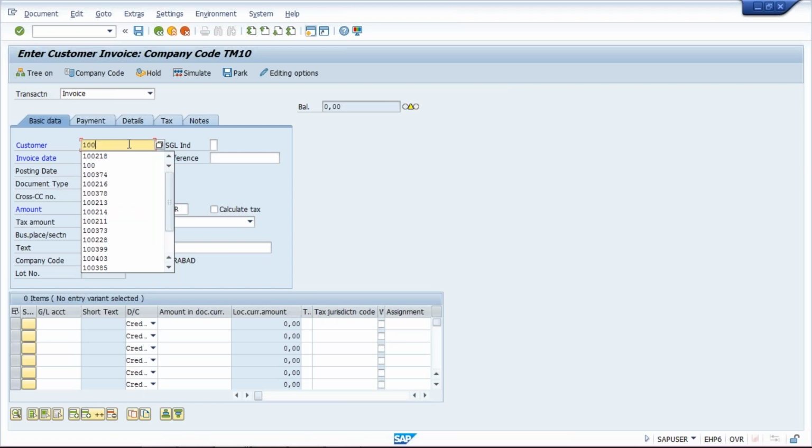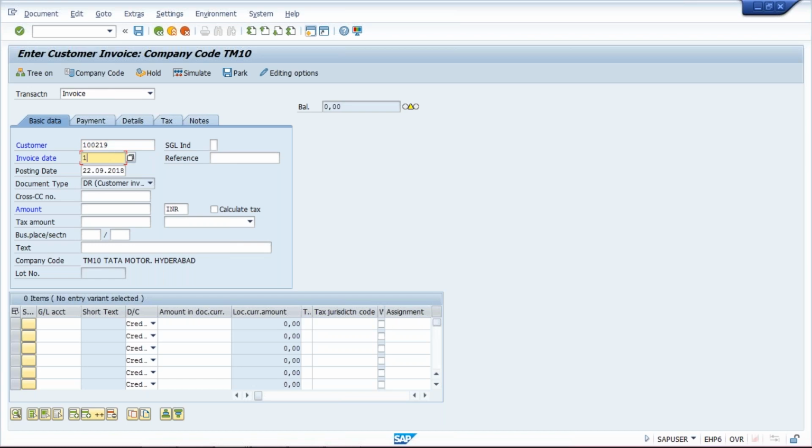This is 10219. Keep in your mind, the head office is 217, and 218 and 219 are branch office customers. And here once again I'm going to give 16/09/2018, so that this item also is going to be due. Okay, now